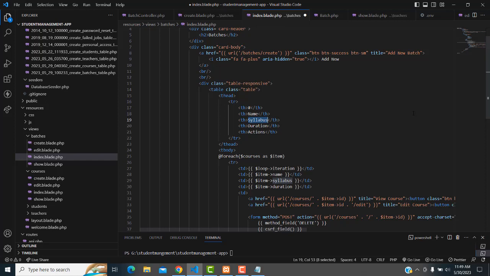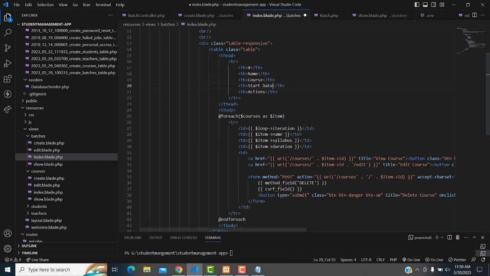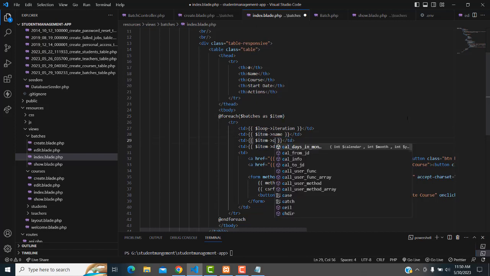Second one should be the course. This one should be the start date. The badges are starting which date. We will be able to see here. Right, this one should be the badges. So item, so name, course ID,